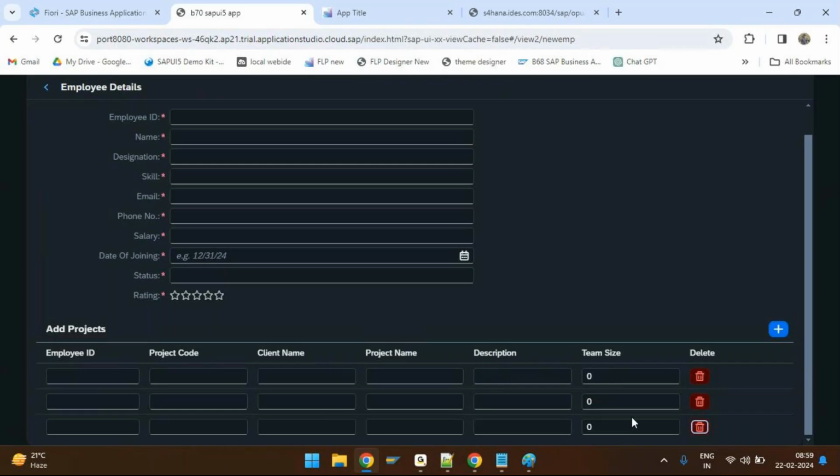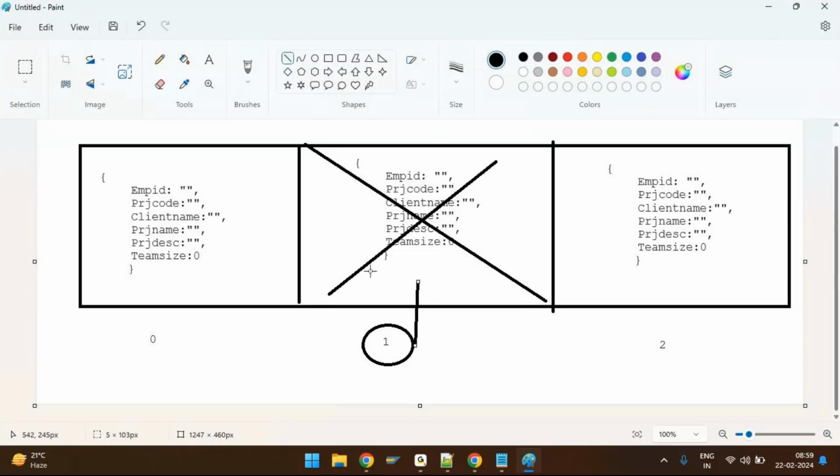Because without knowing the index, I cannot simply delete some random record from the table, correct, from the array. If I know the index, then only I can remove the exact corresponding empty JSON record from the array. Okay,